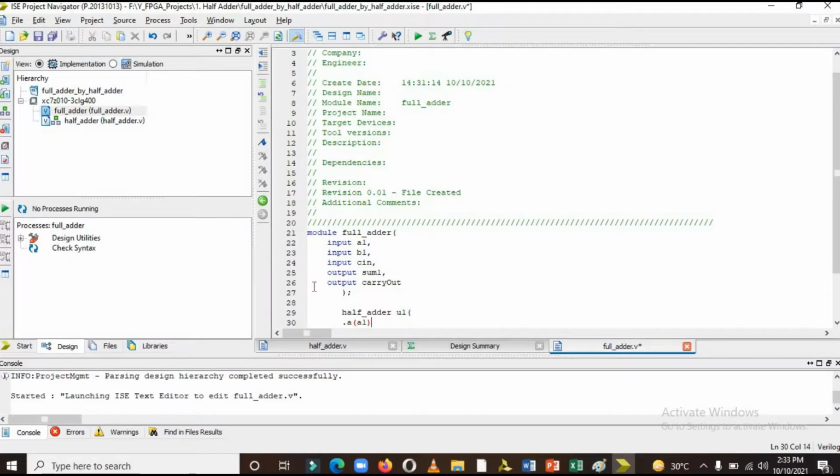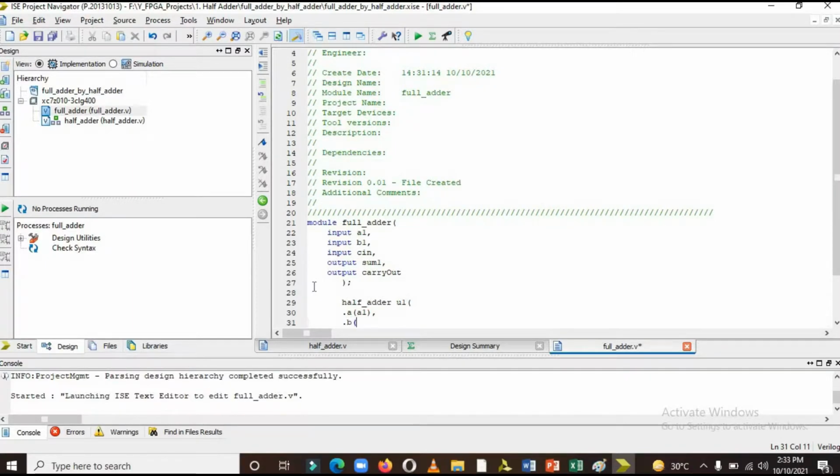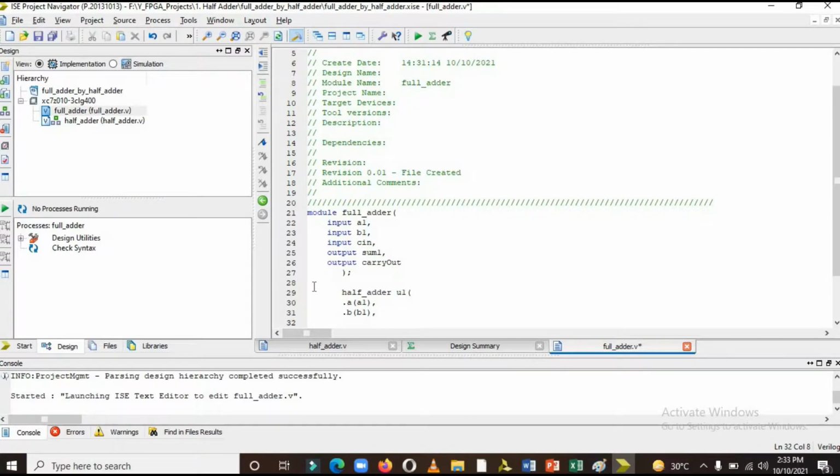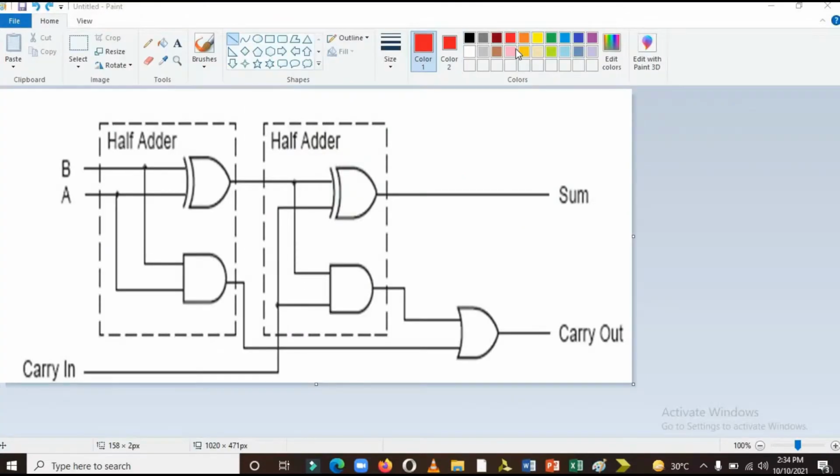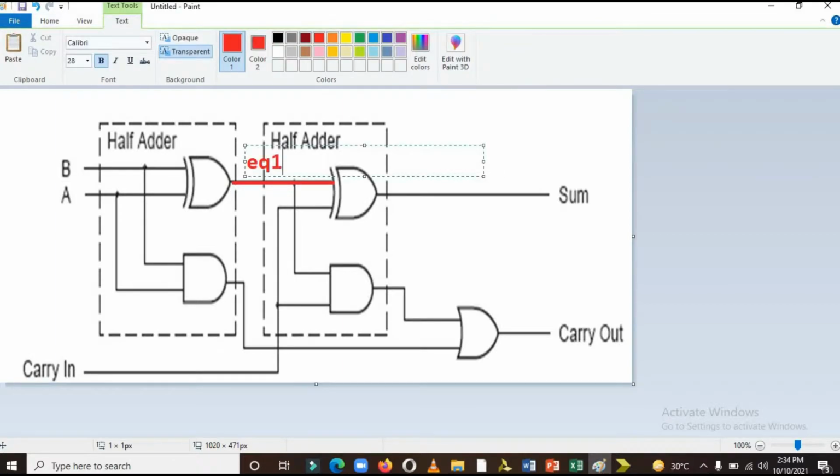So dot A is connected to A1, and dot B is connected to B1, and then in half adder we also have sum and carry. So dot sum is connected to the red color, and we know that the output of the first half adder is basically the input of the second half adder, the sum output. So in order to connect them we need a wire, and I named this wire as EQ1.